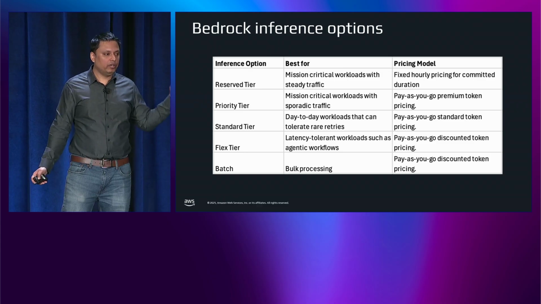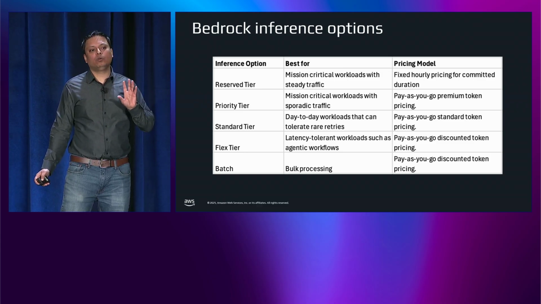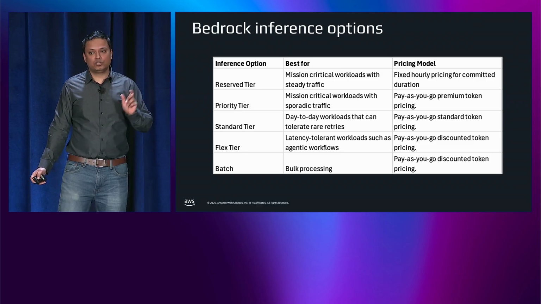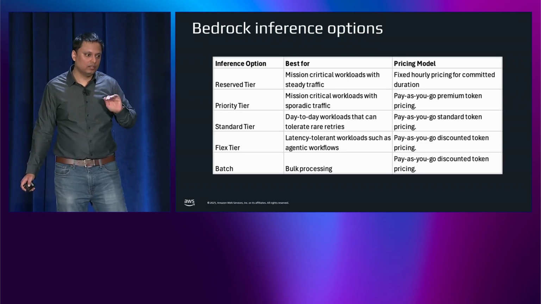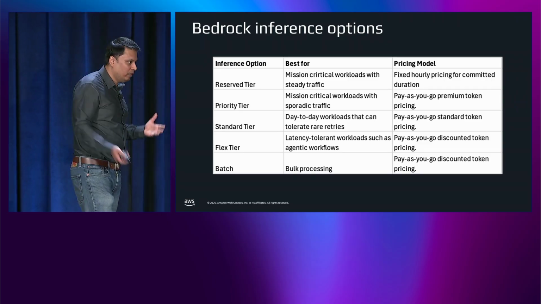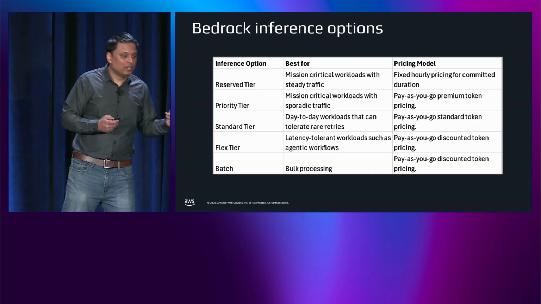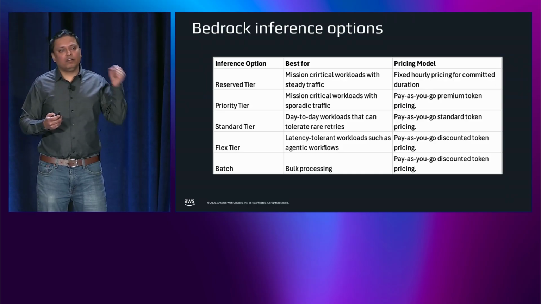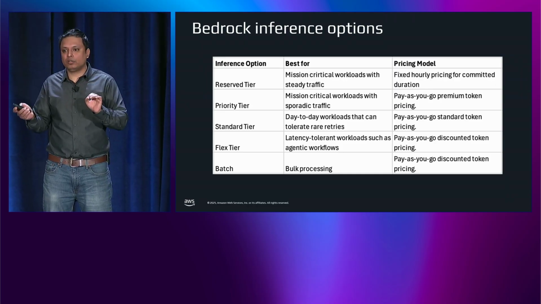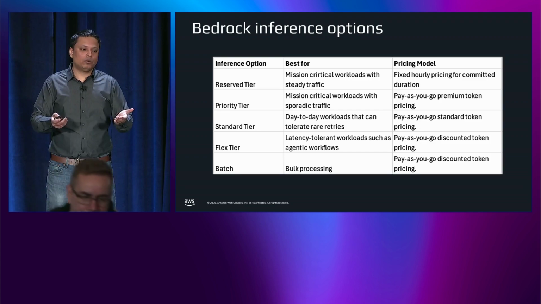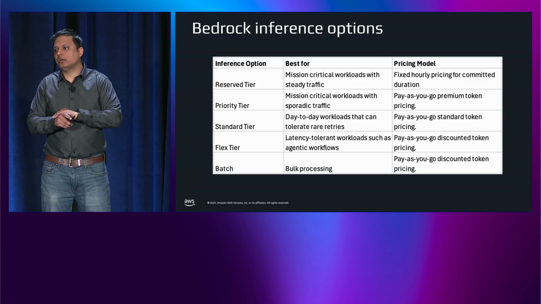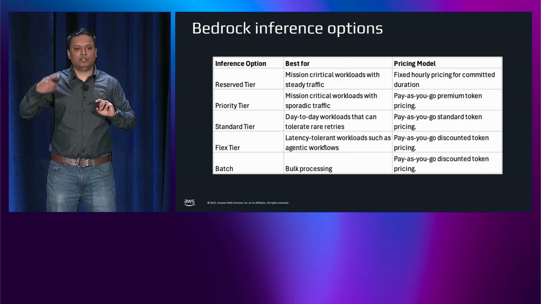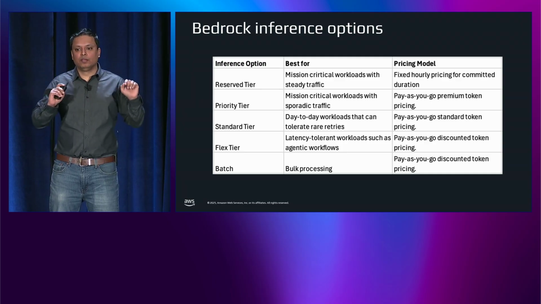Standard tier is for day-to-day workloads that can tolerate some retries. So for some of your requests, there is a very high threshold for us when we get alarms and we wake up and start rebalancing. But in very rare cases, some of your requests may get throttled. And you can handle that in your code. If it's a 503, you can just retry again, right? It's simple to do that. But that retry actually adds latency for your end users.